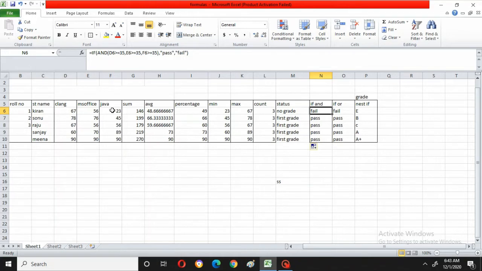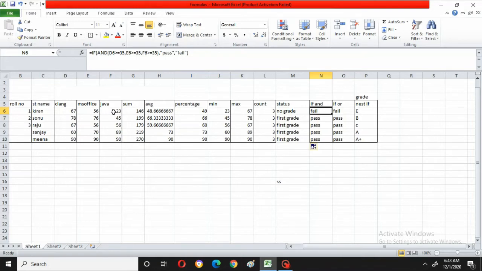For that purpose I have to check, because suppose this person has failed in one of the subjects. Think that 23, for example, is already there in Java. That means he has failed totally. So if he failed in even one subject, fail should come there. Suppose he passed in all the subjects, then it will give the pass value.